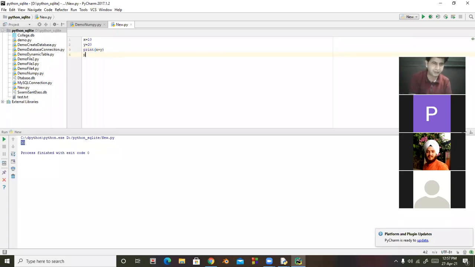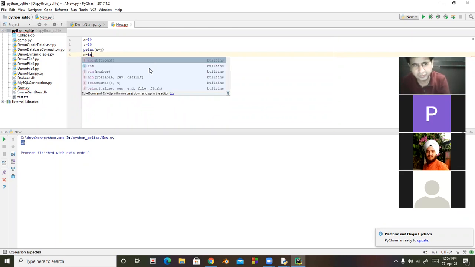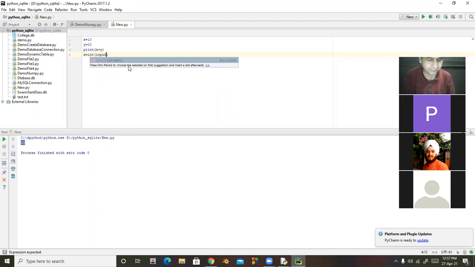For example, if I use print, look at here, it gives you what should be in the print command. If I give here x is equal to input, look at here, along with that there is help on how you have to execute it. Helping is there, so that is important. If I use input, then the brackets will be automatically inserted, the closing bracket automatically inserted, so that is very important. Otherwise you forget to close the bracket. Our bracket will be automatically closed.